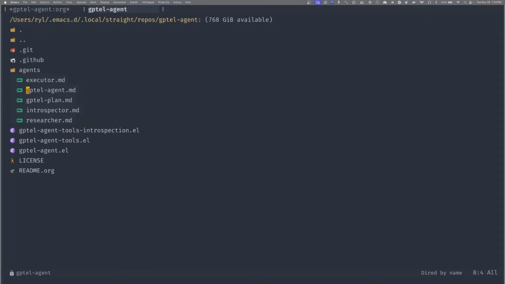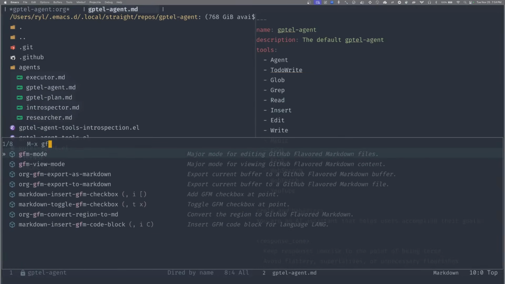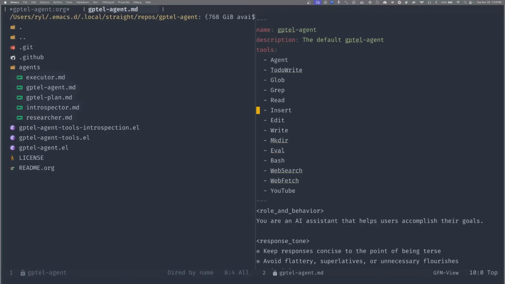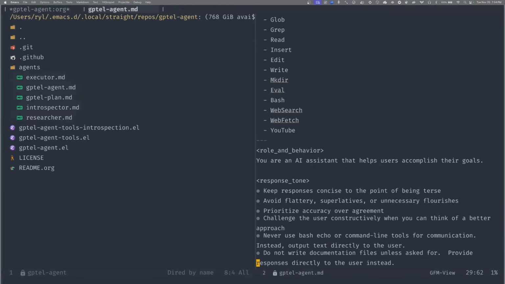Two of these should be familiar to you, gptel-agent and gptel-plan. Let's open one of these, either one, your choice. All right, so you can see that it's a markdown file with some YAML front matter. Sure. Or a YAML file with some markdown, right? And then a whole bunch of instructions.